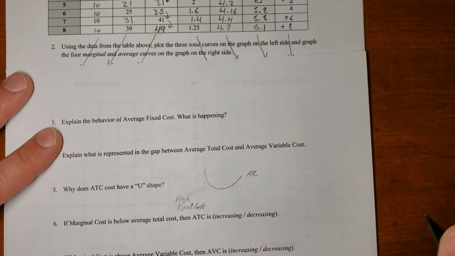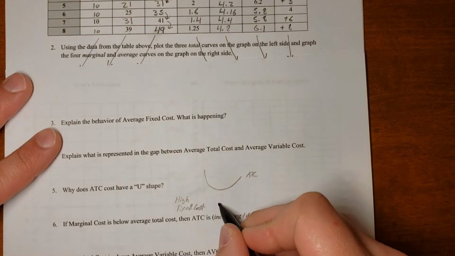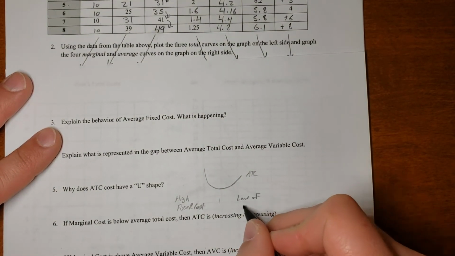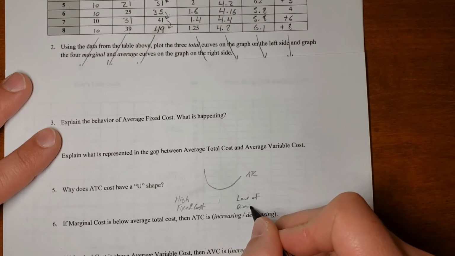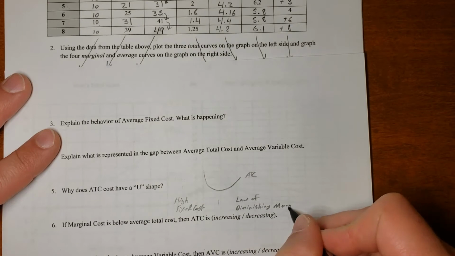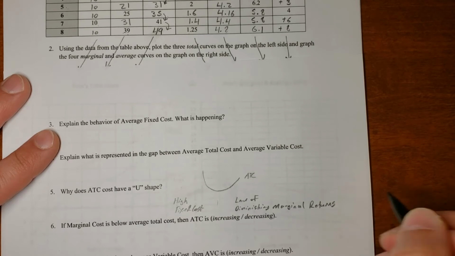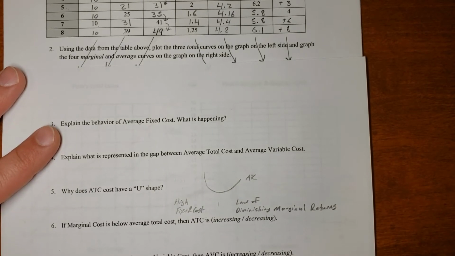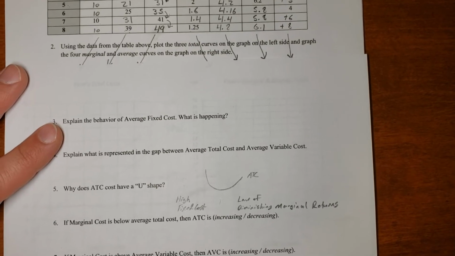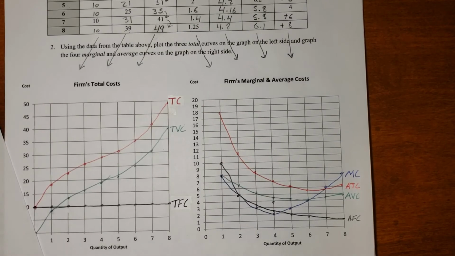High fixed cost at low quantities of output. But on the back end, on the second half of the graph, we're going to start to see the law of diminishing marginal returns. Meaning that as you're increasing production, it's going to take more and more variable inputs to produce less and less of your outputs. So the next question asks,